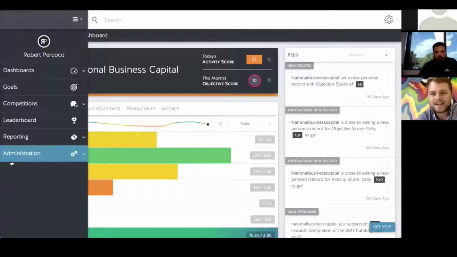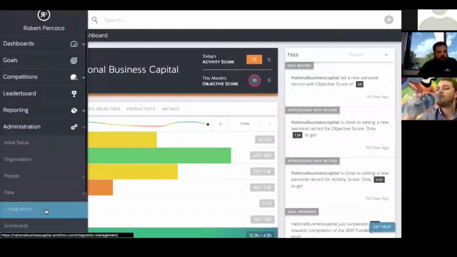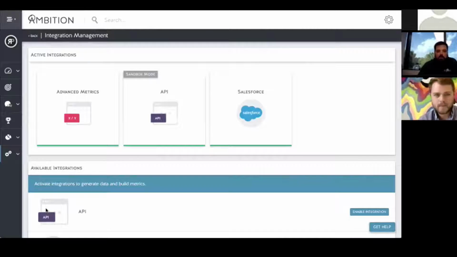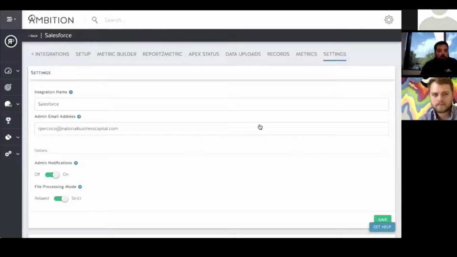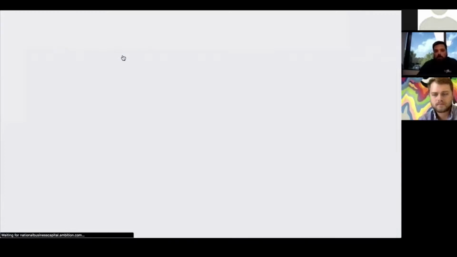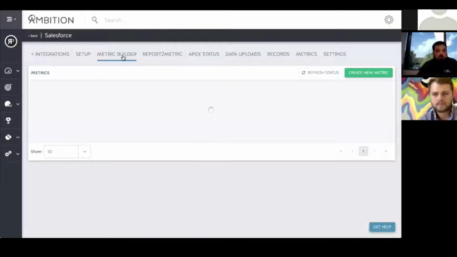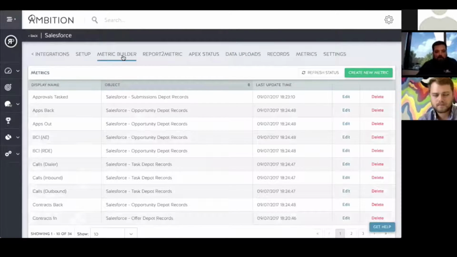Everyone says, hey, our app works with all your data. You got 4 or 5 systems plugging into Salesforce here, and I think things work pretty easily, but let's take a look and talk to it from your perspective. Sure. That was one of the things that was very important for us initially to understand: how Ambition pulls that data and how to best make that data available. For a lot of our metrics, that data didn't exist prior to Ambition, and we just assumed it was not possible to report on until we found that we could. We just had to figure out how.